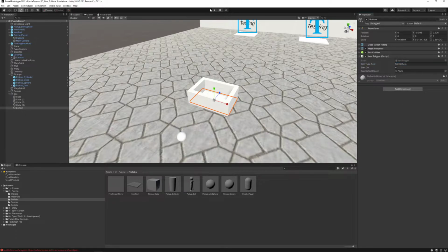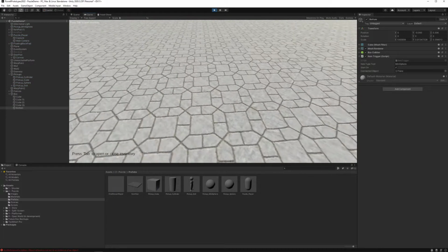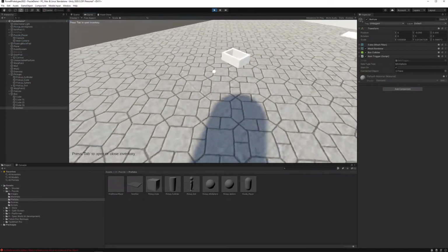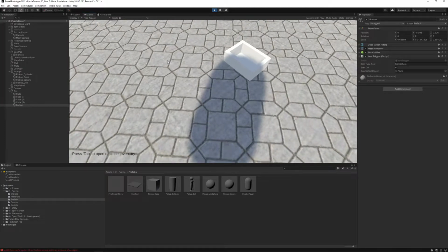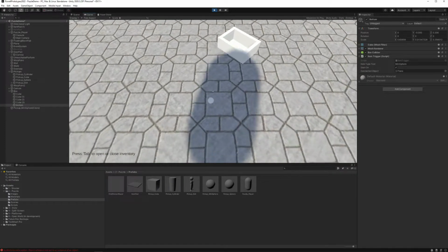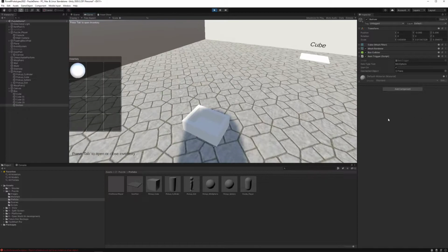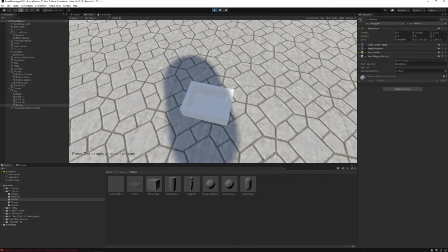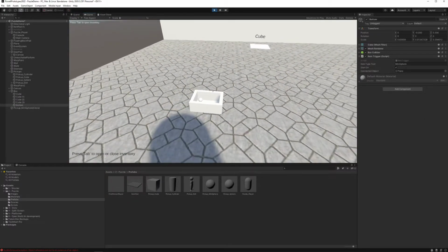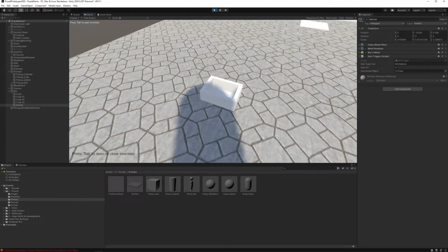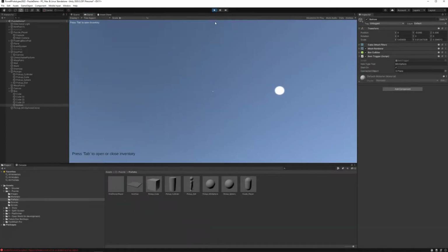So here I'm really customizing a system, which is perfect because this is exactly what you might need to do when you make your game. So now when I pick up this mini sphere, I should actually see that it's going to drop the right sized one instead. Wonderful. And now when I drop this into the box, here we go, the mini sphere falls in. So now we've fixed a bunch of those issues, but we have one issue left to fix, which is